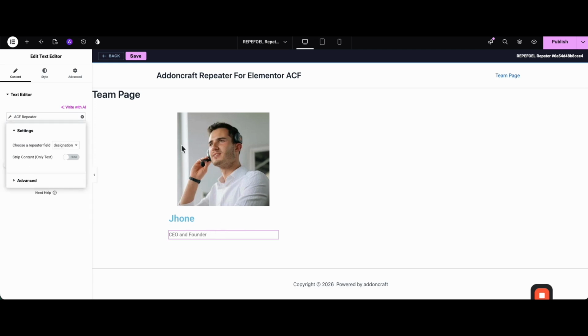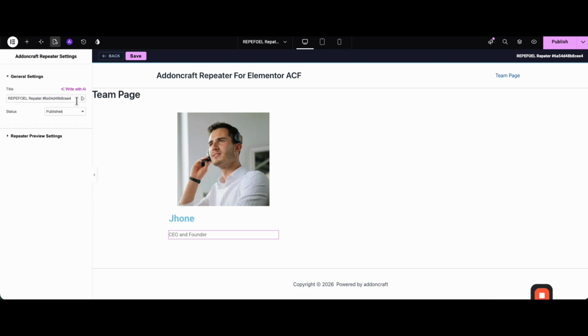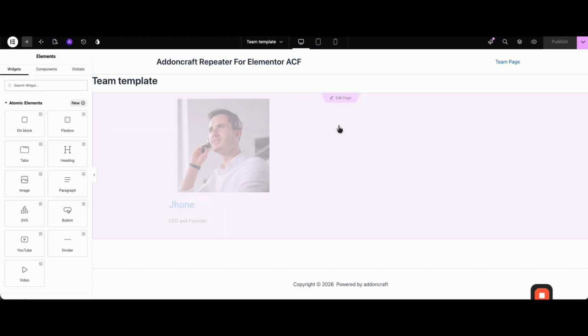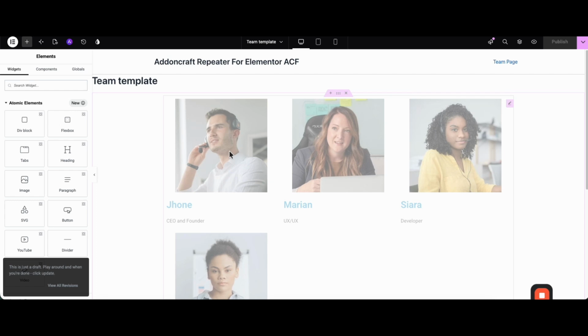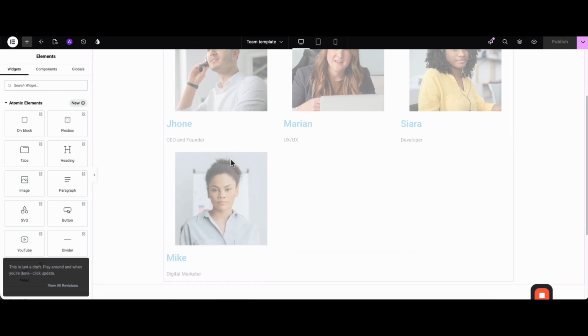Okay, so I already set up all the things, and now I'm going to change the template name. Okay, you can go with this icon, and you're going to change the template name. Let's say the team template. Okay, this one, and I'm going to hit save, and it will automatically publish. And I'm going to go back, so it will go to our normal team page. And as you can see there is a 4. We added